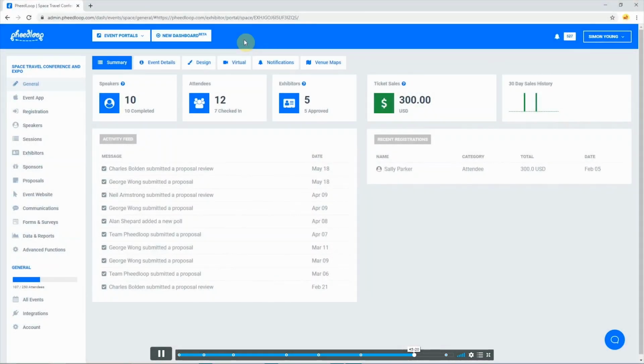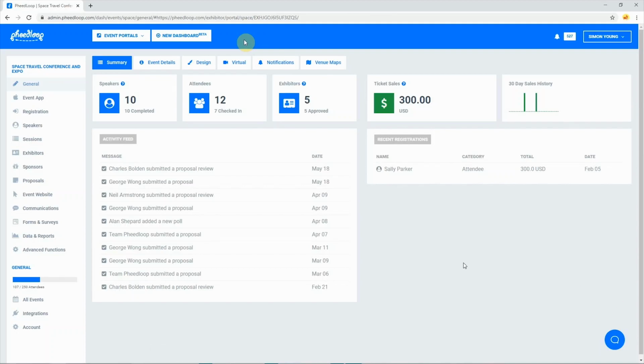So one of the final things I want to talk about in this demonstration is how registration works inside the Feedloop system. And I'm just going to give you a surface level overview of how it all comes together. But know that there are a lot of other functions inside the Feedloop system, and this demonstration is really just reserved for the parts of the system that are relevant to virtual events. So let's go over to registration. This is something that you have